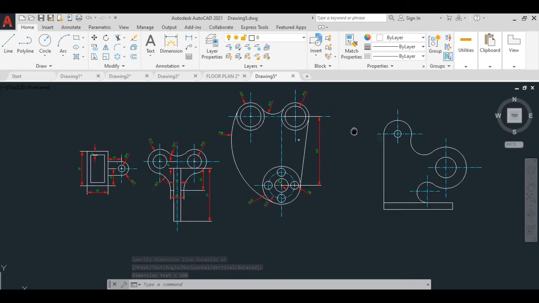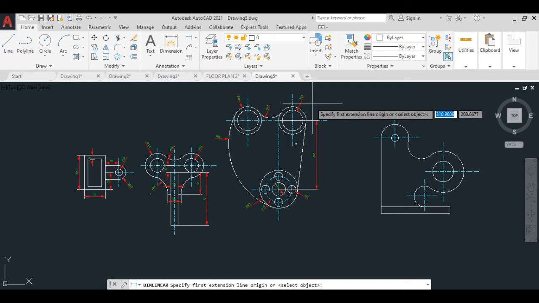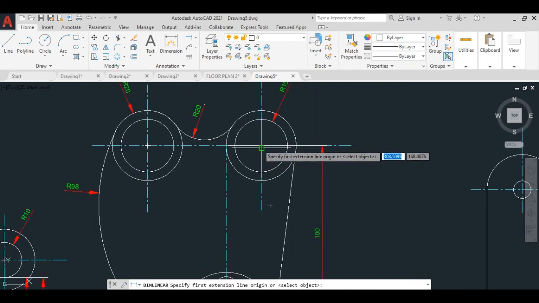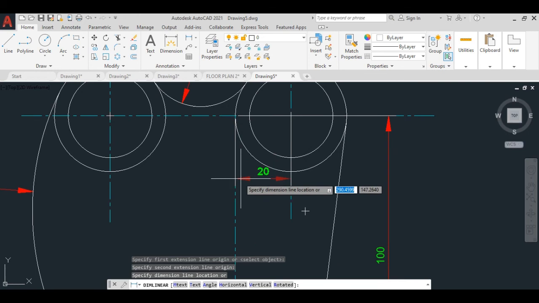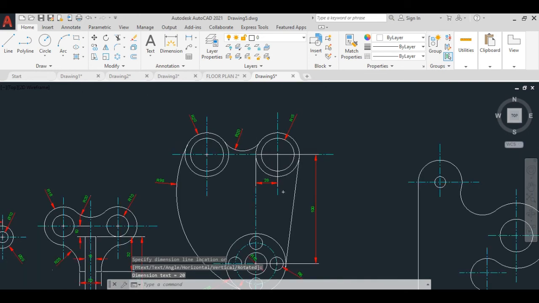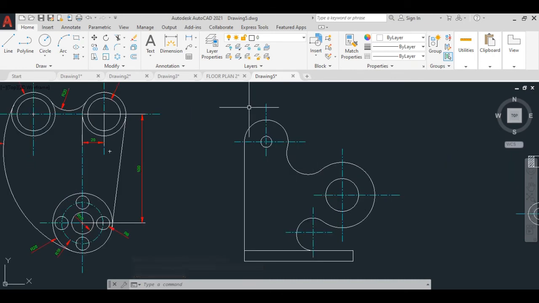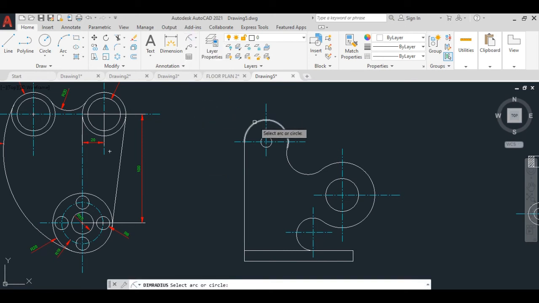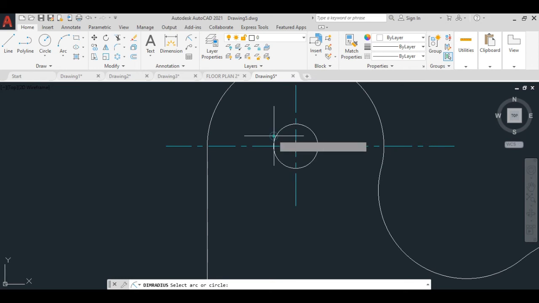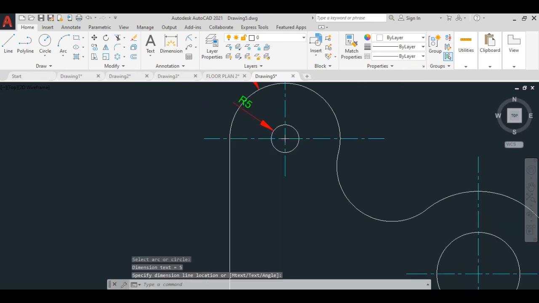All right, you can see it clearly. Okay, radius, I'll do here radius, again radius for the internal circle, radius 5.